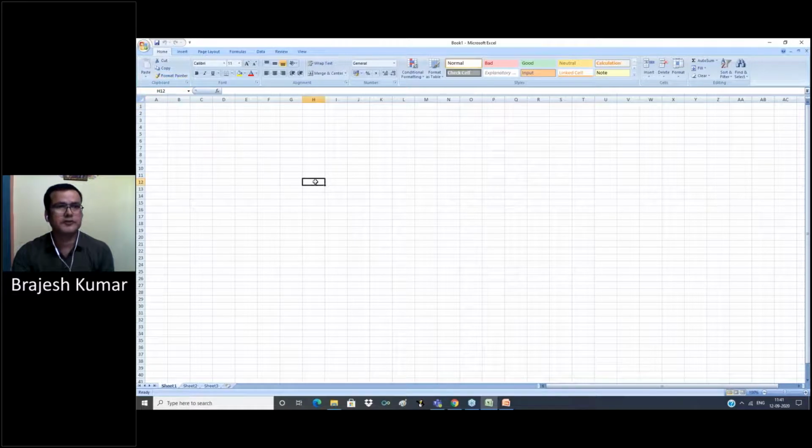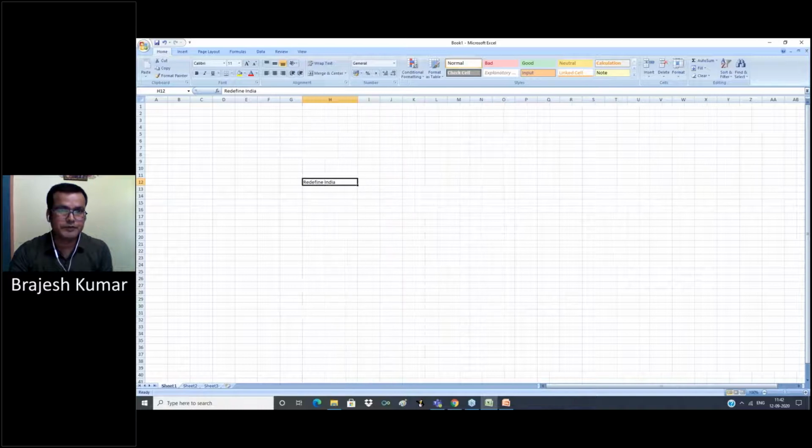What is the format painter? Suppose we write something here and apply some format here: font size 9, text Calibri, text color red.